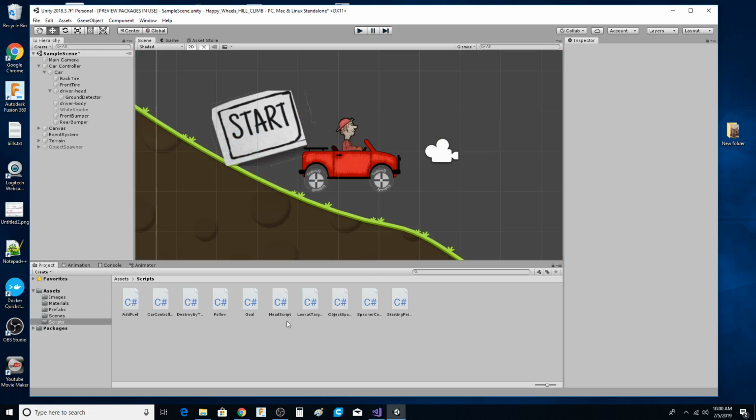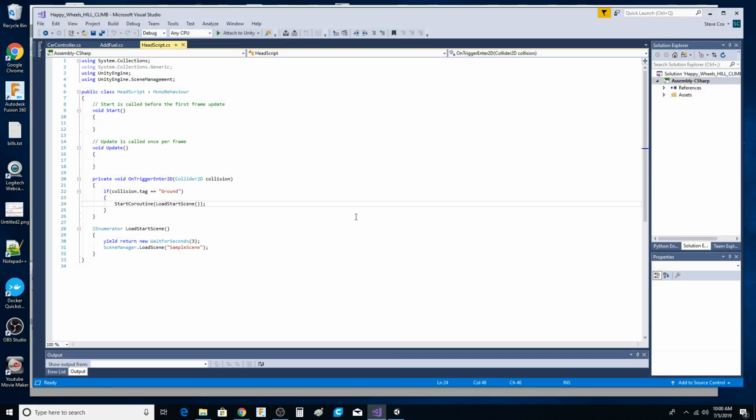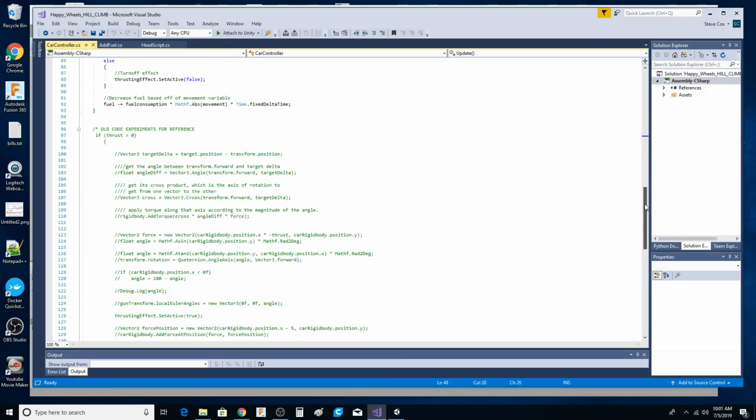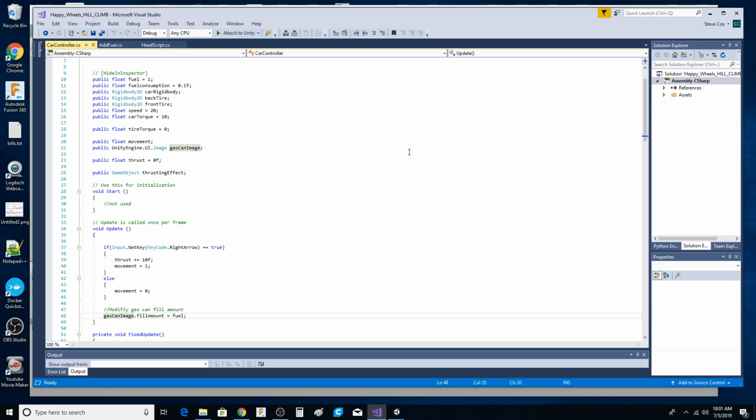The add fuel, you'll see some of these scripts are the original scripts. I added a couple more with start position, goal. The camera follow came with it. I have some other scripts that I have added that I'm going to try to get integrated into the project. One is spawning baddies that fall down and come after you while you're trying to get your goals. It's simple stuff. Now this is the car controller script,